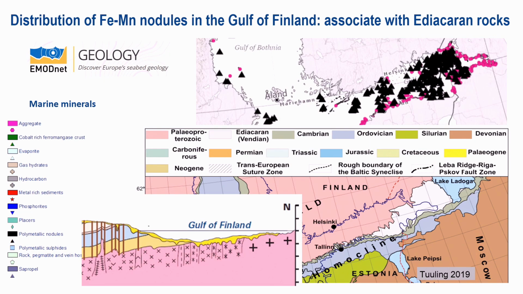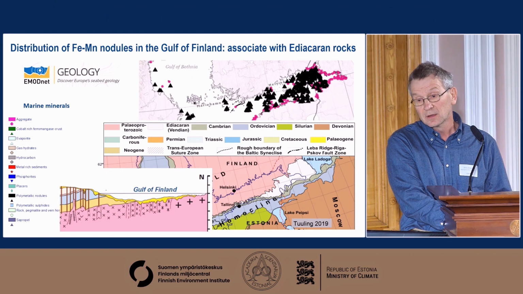This is the Ediacaran horizon, which overlaps in its subcropping area with the occurrence of these manganese nodules. So could this Ediacaran sandstone be leaking and give us all the fun that we have at the seafloor of the Gulf of Finland? Well,